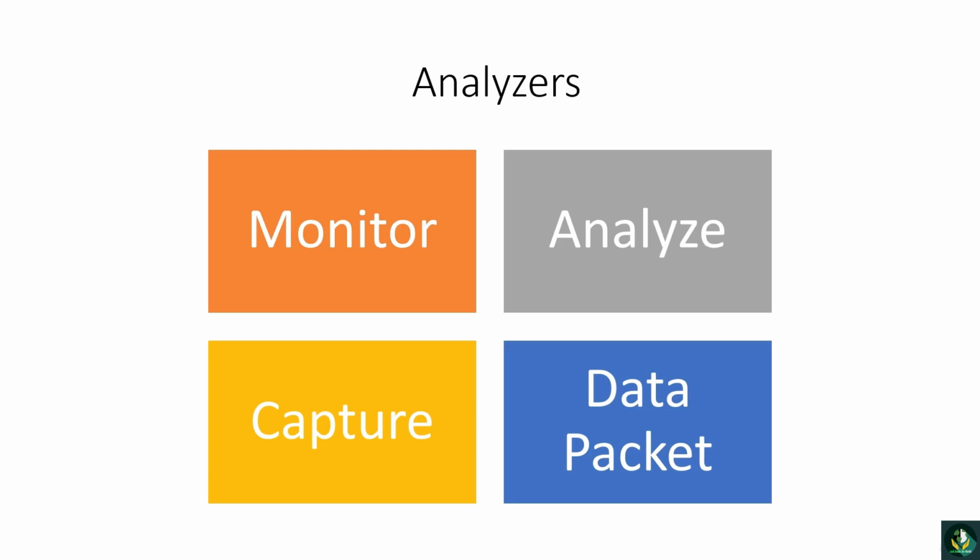Again, we can analyze what we capture and play the data back later, so we can actually see the individual data bytes of each packet as it passes through the cable. Again, these devices are very expensive,